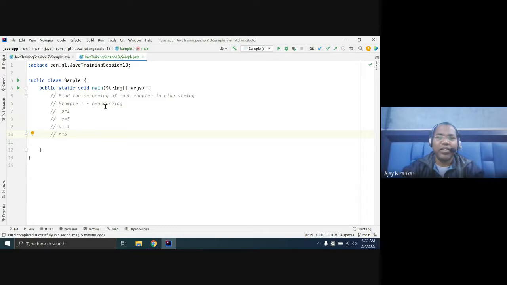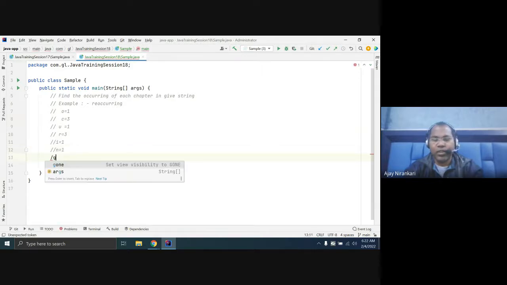And I has one time, similarly N has one time, and G has one time. So this is the first problem. You have to find the occurrence of each character.